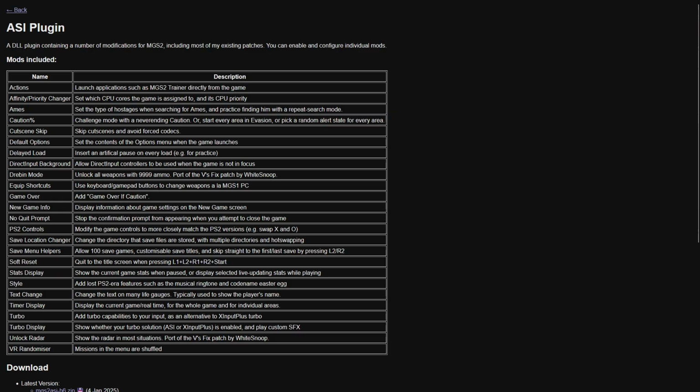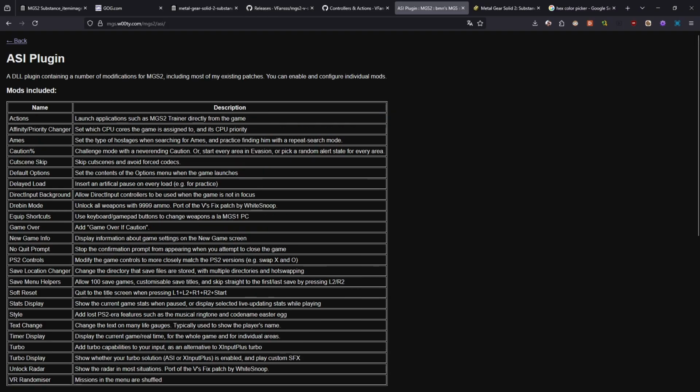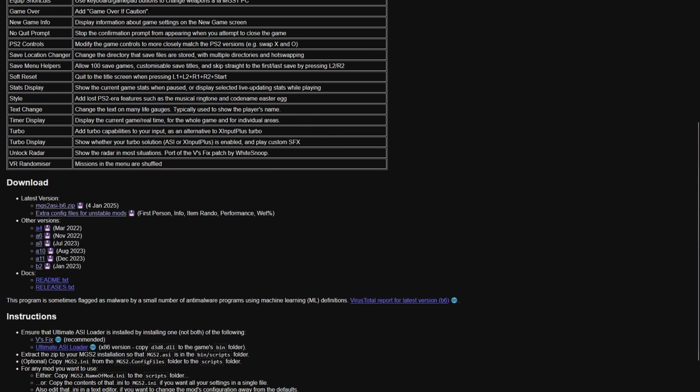In order to get the item randomizer, we're going to go once again back to BMN's page, mgs.woody.com/mgs2/ASI. And here, on the latest version, there's a second file called extra config files for unstable mods, which is, for example, a first-person modification, info, item randomizer, performance, and wet %. Now, we're not going to go into each of these. First-person mode technically explains itself. You can play the main game being forced into FPV the whole time. Info is different, performance different, and wet % is basically that Snake is constantly sneezing. However, the key aspect of this set is the item randomizer, and that's what we're going to go into in detail